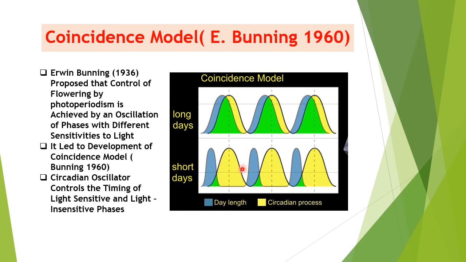As we have seen in the short day plant, as in the case of soybean, this is the internal, this is the external, which has been seen there with the light sensitivity. So it's not synchronized. Though this concept was later explained with an external coincidence model, which we will deal with in the next